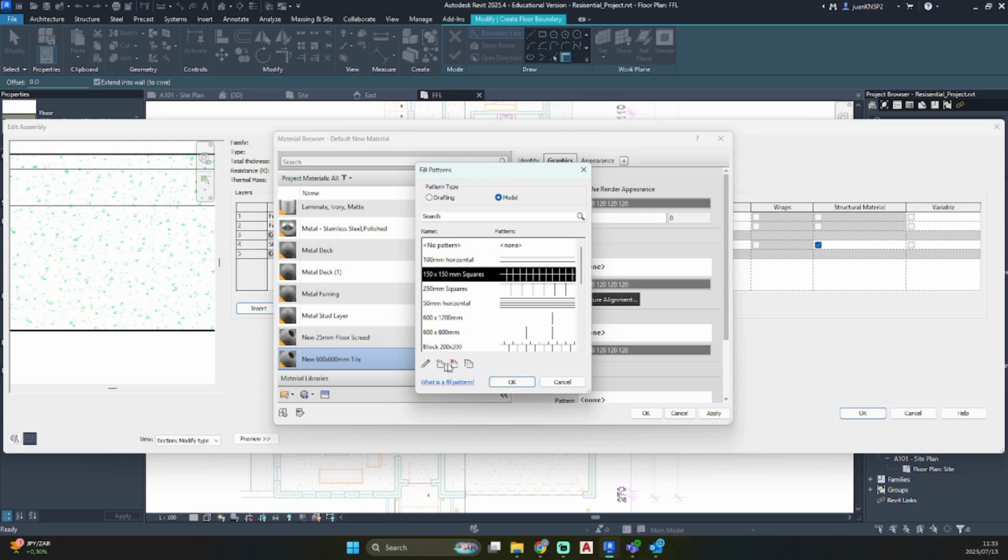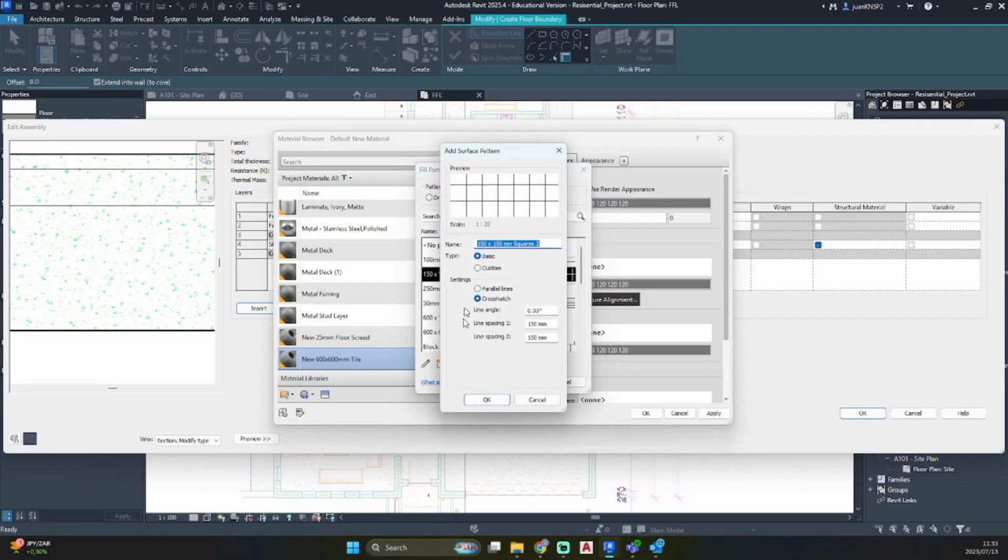You just click on duplicate, fill pattern, and we'll call this our new 600 by 600 millimeter tile. So now the lines are currently still set up as 150 by 150.